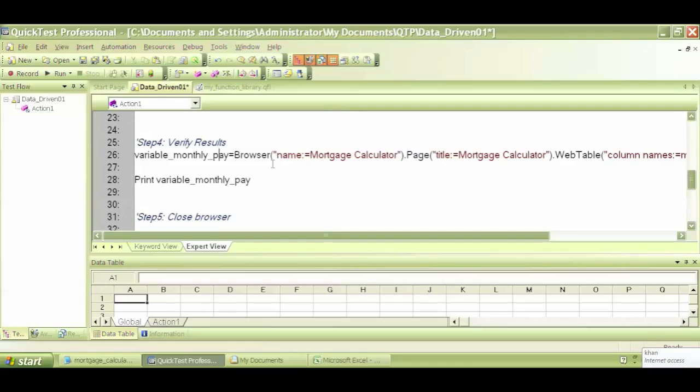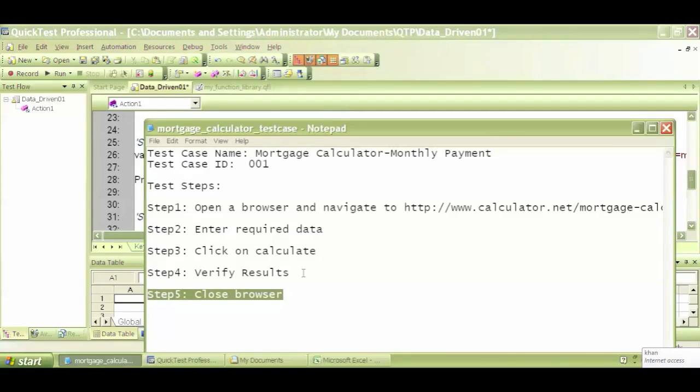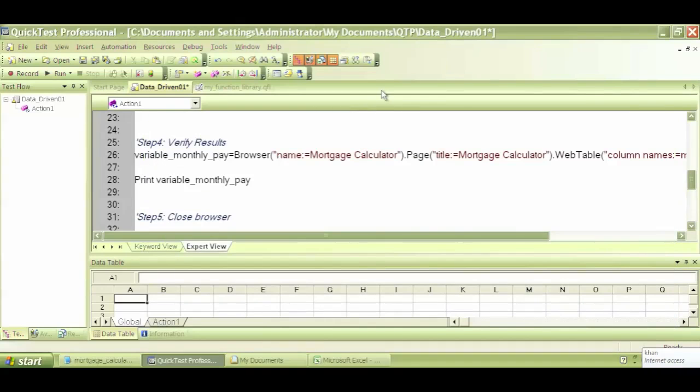So the main purpose of testing is to verify whether you are getting the expected result or not. So in the next video, we'll put some expected results. We'll try to compare our results with our expected results for the monthly payment, and we'll complete the scripting